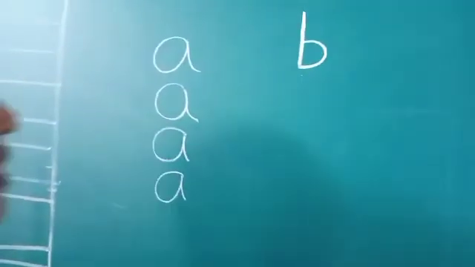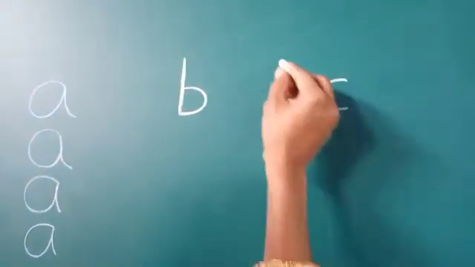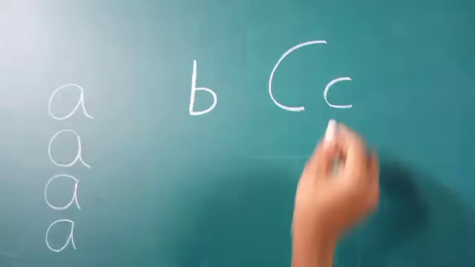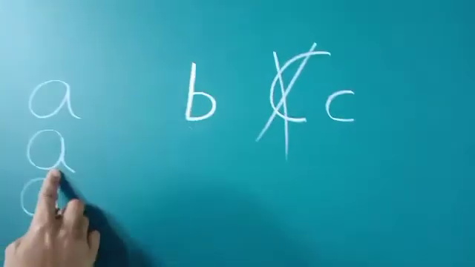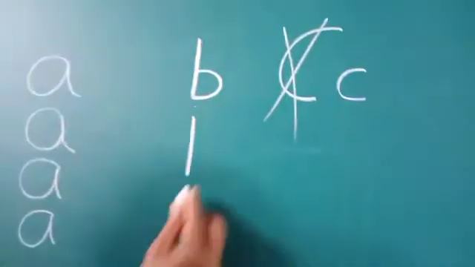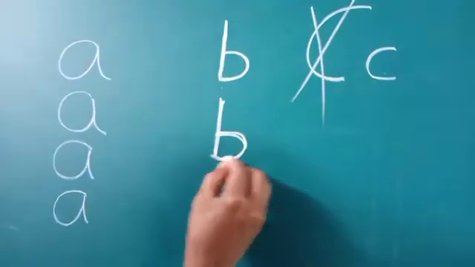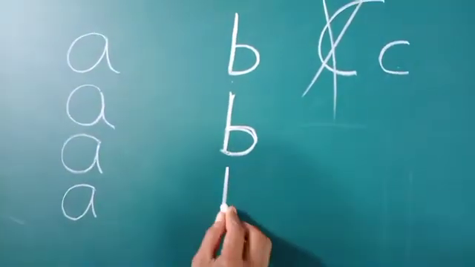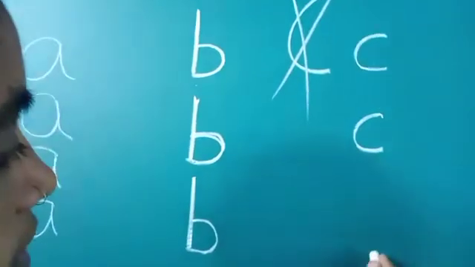What next? Small c. Small c means very small. Capital C means big it will come. Small c means small it will come. Okay? Here see small a, small b. Here see standing line and a curve. Standing line and a curve. Here see small c. See, very easy.